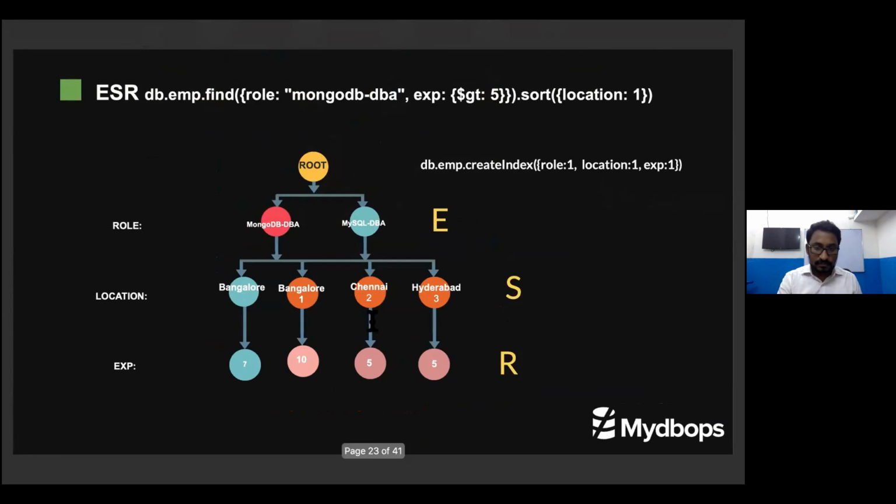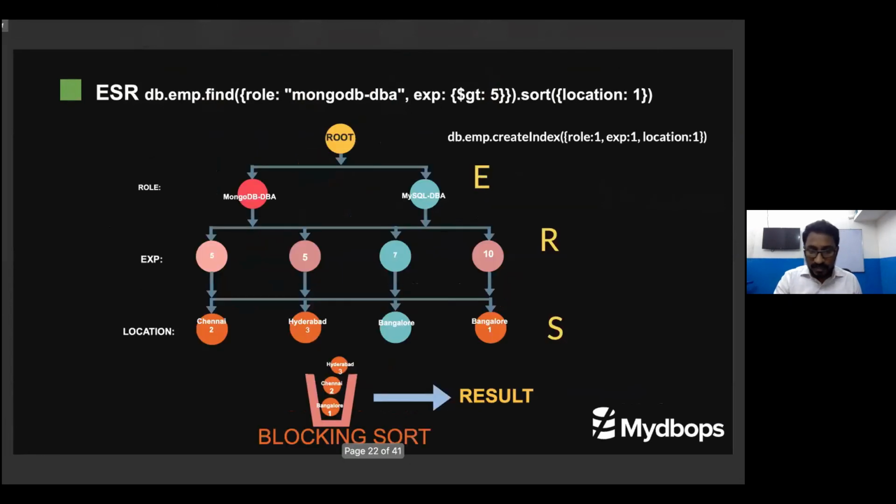But what I did is the sorting is happening in a blocking place. Blocking sort, everyone knows that MongoDB has a special buffer for when you are using a sort which is not sorted in the index. So it will allocate 35 MB of memory. All the results will flow into it, and the sorting algorithm will be performed on the buffer. So in that place, your memory and CPU cycles will be wasted.